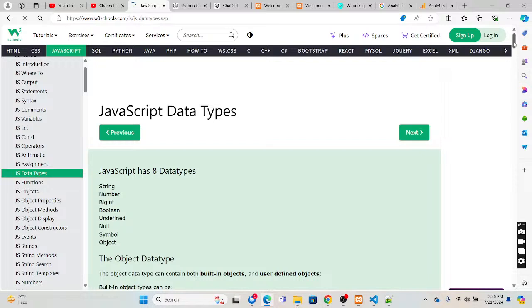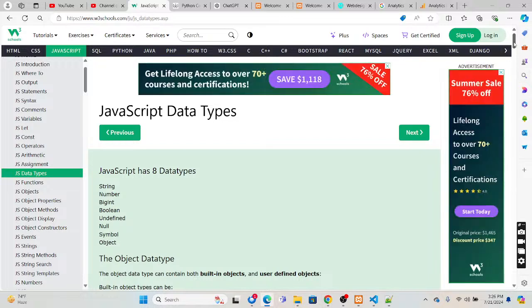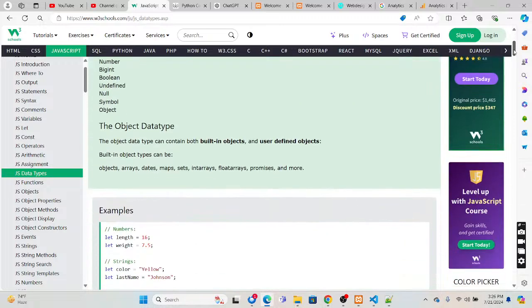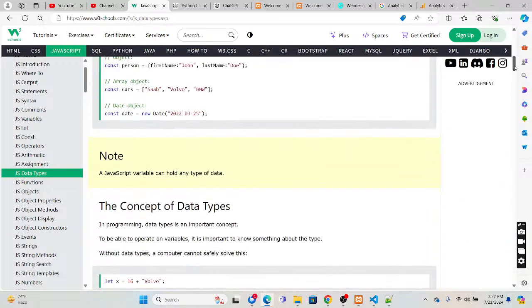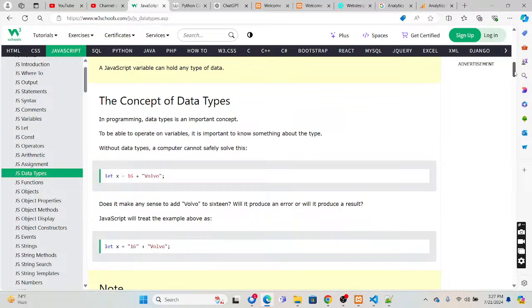Let us check on data types. String, number, bigint, boolean, undefined, null, symbol, and object. The object data type can contain built-in objects and user-defined objects. Built-in objects are objects, arrays, dates, maps, sets, typed arrays, promises, and more. The concept of data type: in programming, data types are important.